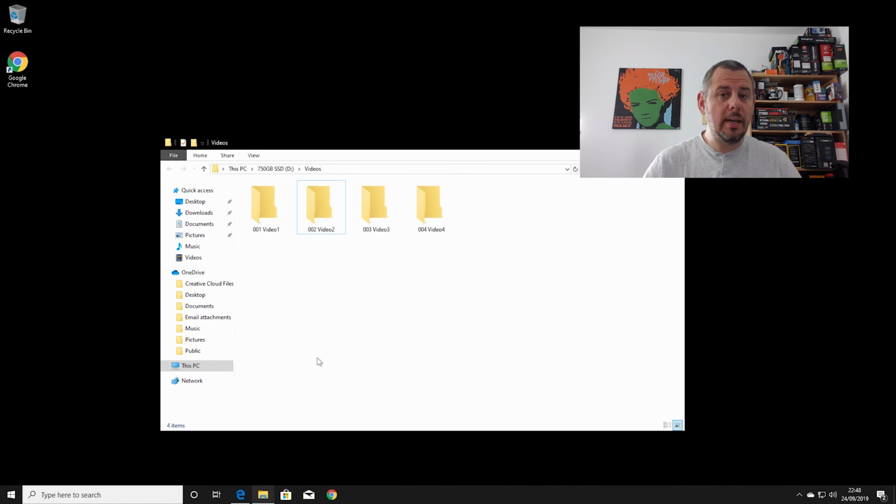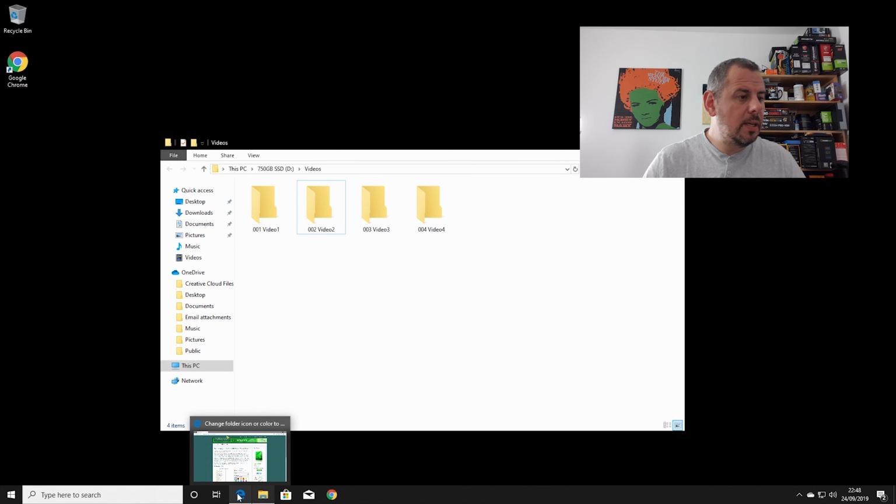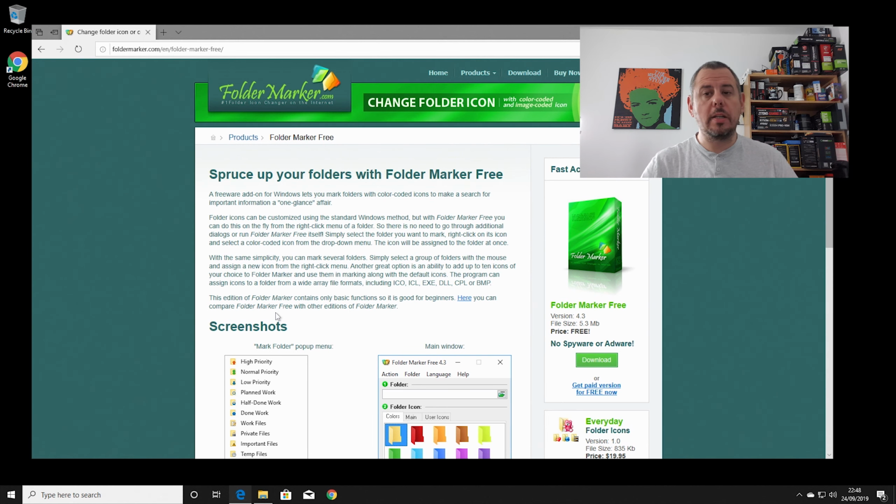Now, in order to do this, you are going to have to download some freeware and install it onto your machine. There's no ads in it. I've used this quite a lot and it's never caused me any problems, so it does come highly recommended. But yeah, let's have a look. The website to go to is foldermarker.com, and we're going to be using Folder Marker Free in this instance. Now, there is a pro version that you can pay for, which has got a lot more icons and things in there, but I find that this free version is absolutely fine for, you know, the little hobby that I've got doing these videos. So click on download,